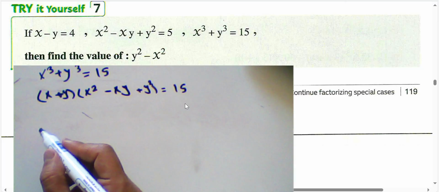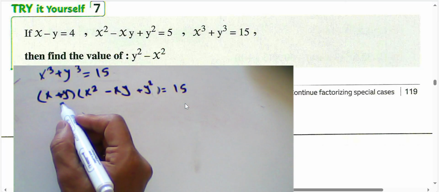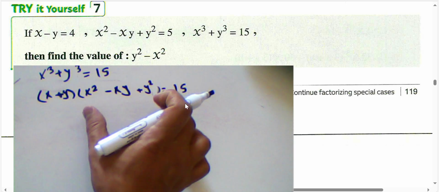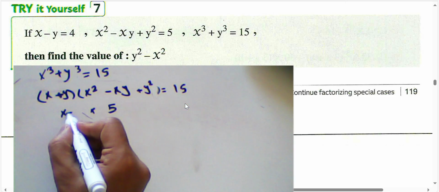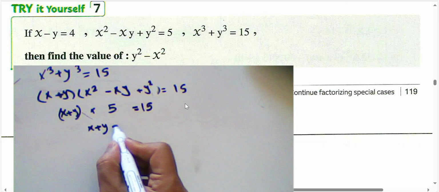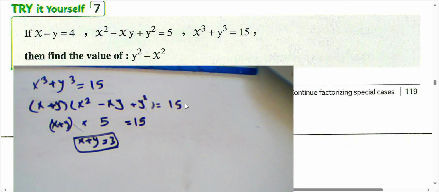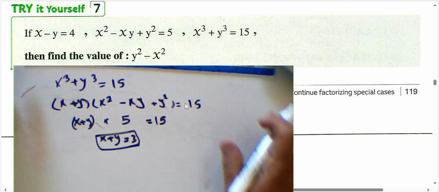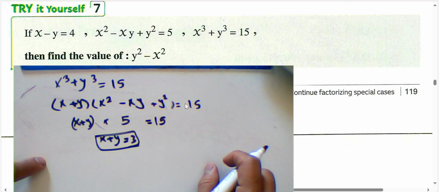He gave us this information in the example. He tells us, look here, x minus y equals 4 and this bracket was 5. Then 5 product by x plus y equals 15, then x plus y equals 3. We can find the value of x and y. x plus y equals 3. Okay, then we can find the value of